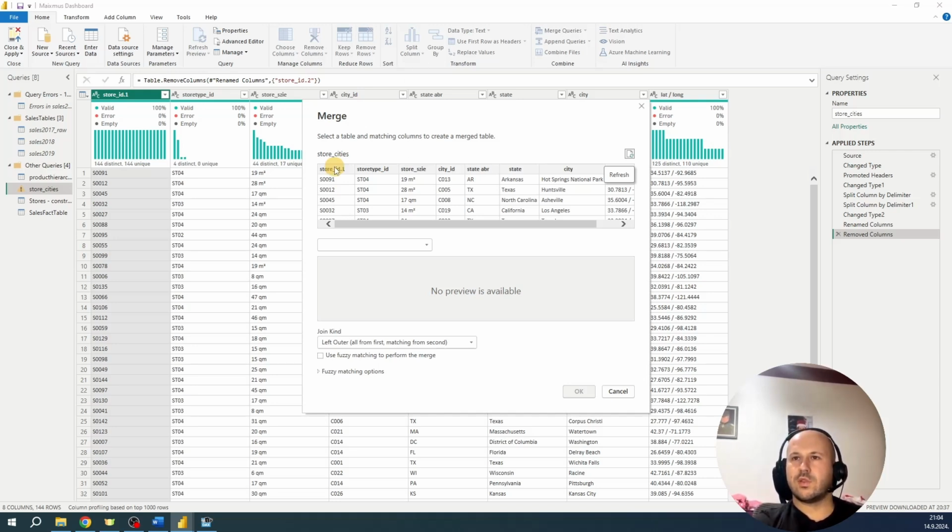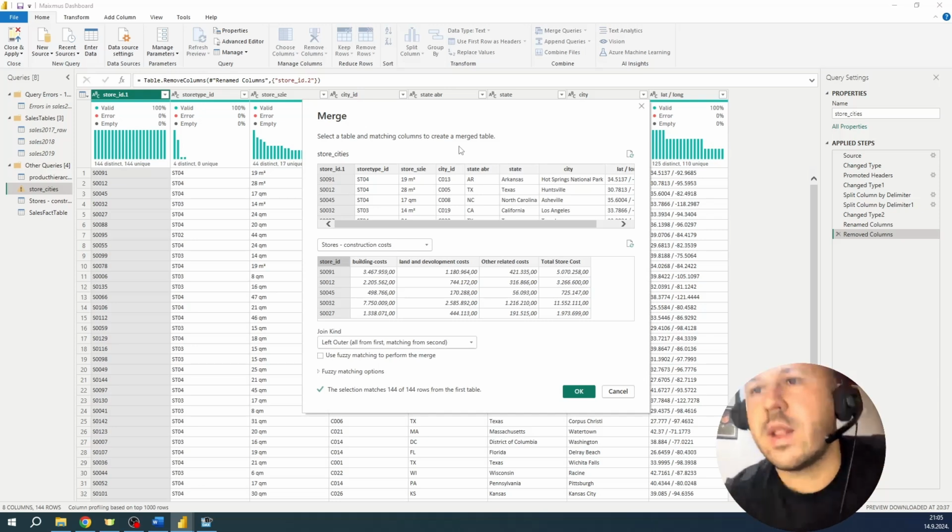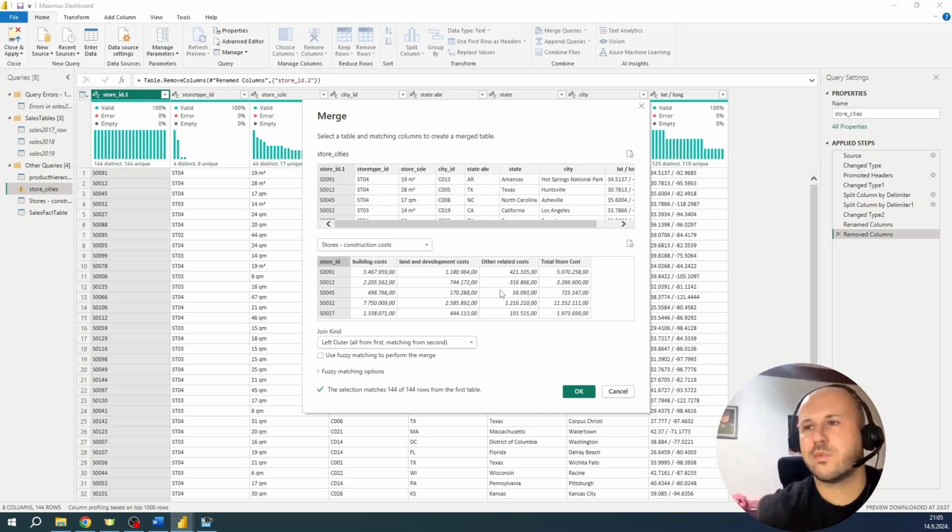So what we're going to do is select store ID as a primary key, and as a secondary key we need store ID from the store's construction cost table. We can see that the selection matches, and the join kind is left outer, so everything from the left table matches, and we add the records that are matching from the second table. Click on OK,